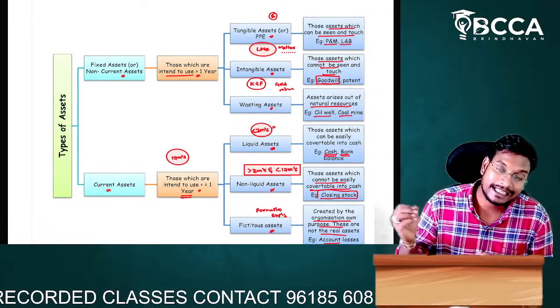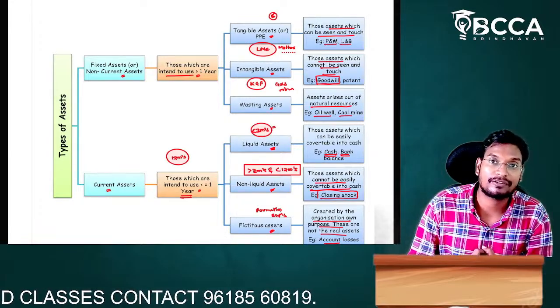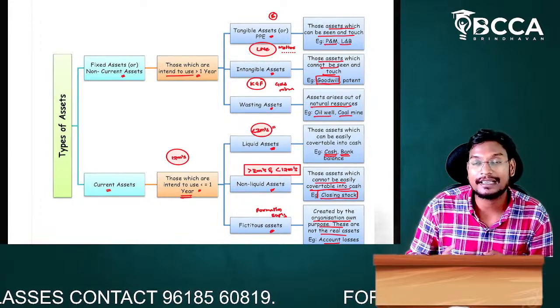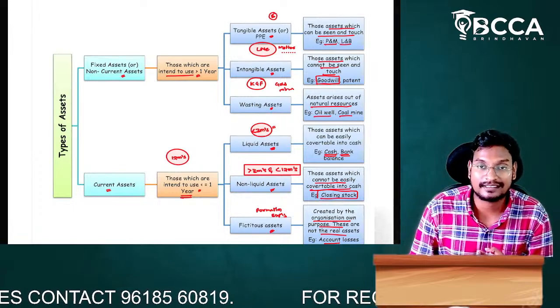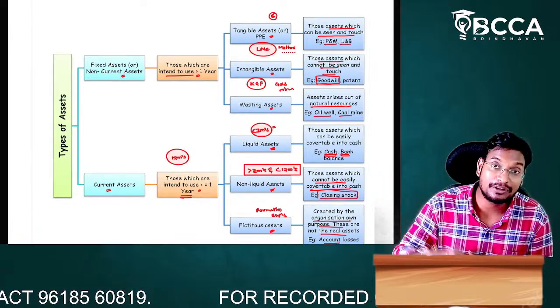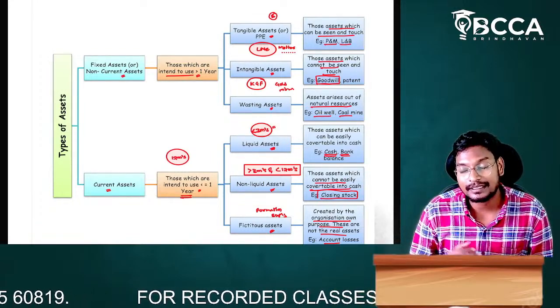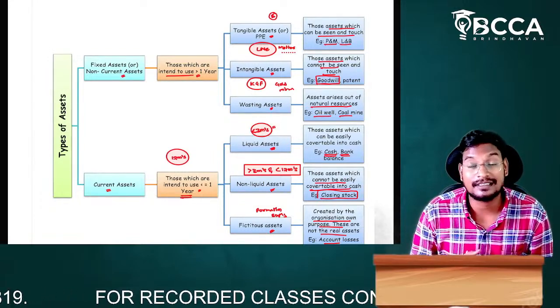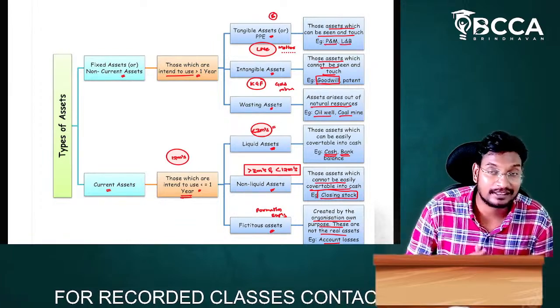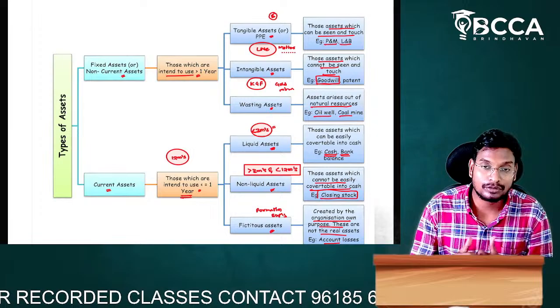Sir, he can make the investment in how many forms, sir? He can make the investment in the form of cash, or in the form of kind, or he may make the investment in the form of assets. In any form the owner invests into the business, it is called capital. Sir, here in the capital case, the owner is a different person and the business is a different person, because of the entity concept. So here both the persons are different.